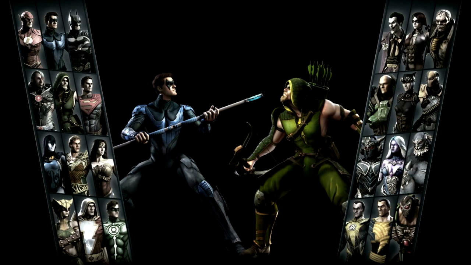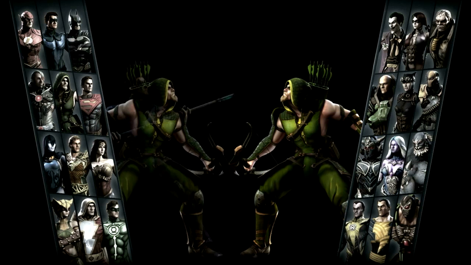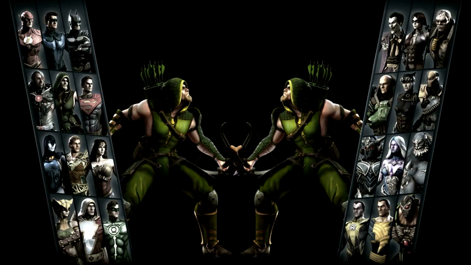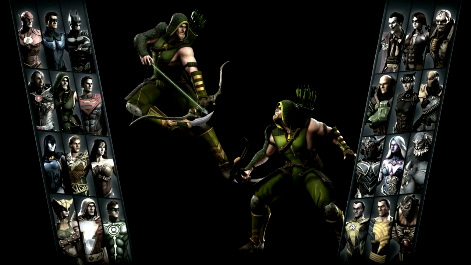The characters squared off in the middle look cool, but it's a little too static. Also, another problem. If both players pick the same character, we end up with a perfectly mirrored scene that looks awkward. One way to address both issues is to give the players different positions and asymmetrical poses. So we move Green Arrow up, change his pose, and now we have an interesting scene.